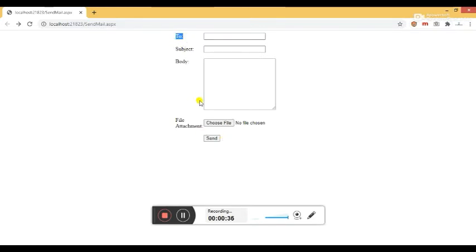Before sending the email we require two things. First is the email ID of the Gmail account, and second is the password of the Gmail account. I have already added two text boxes here, but both these text boxes are not visible on the screen because I set Visible equal to false, and the reason behind that is that I set the email ID and password in both of these text boxes. That's why I set them Visible equal to false. Now we have to create the event for this send button.